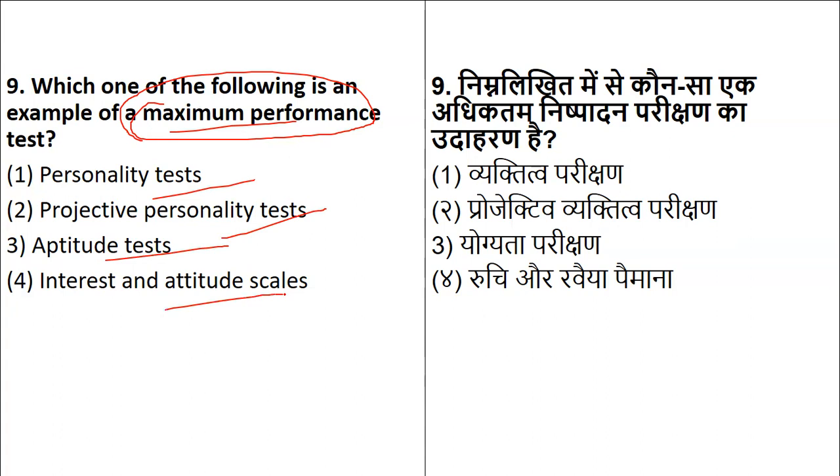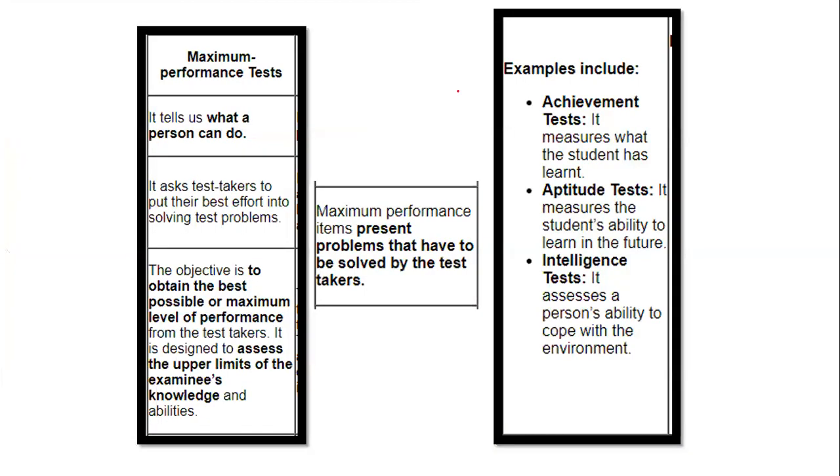So here we are talking about maximum performance test. What exactly is it? It tells its maximum performance. It will tell you what a child can do. It asks the test takers to put their best efforts into solving the test problems. So the objective is to get the best possible or maximum level of performance from the test takers, and it is designed to assess the upper limits of the examinee's